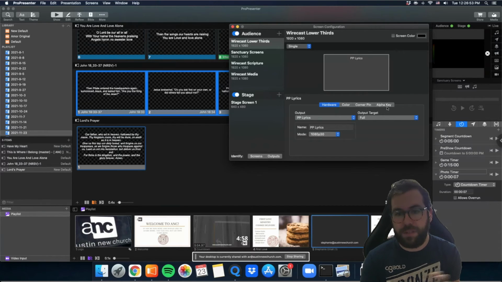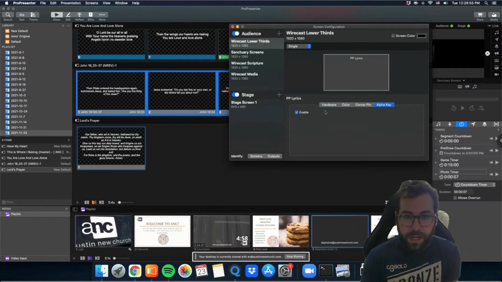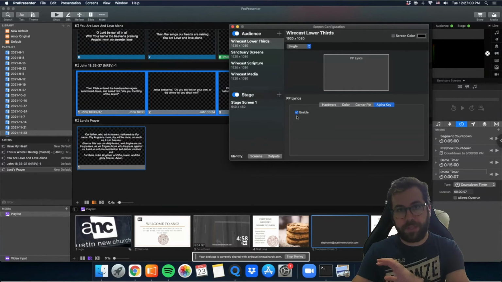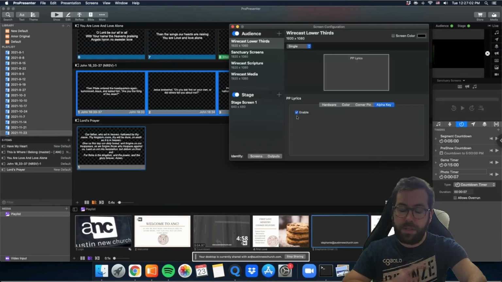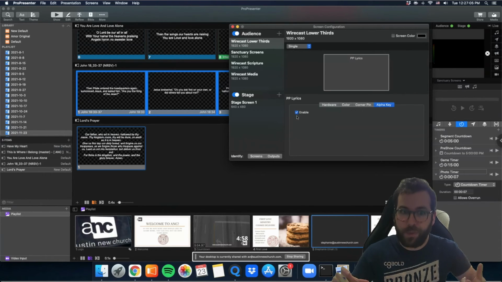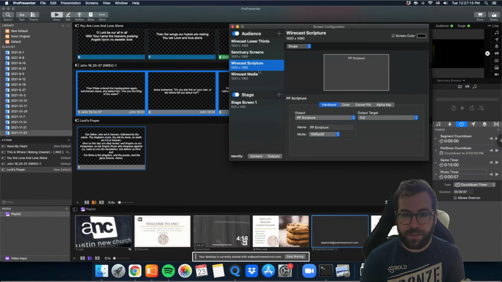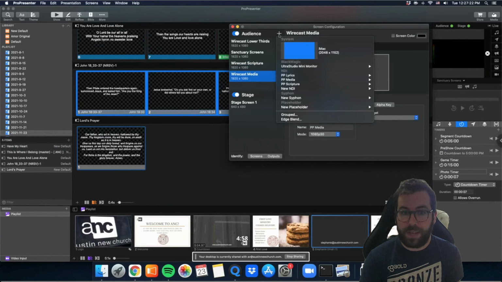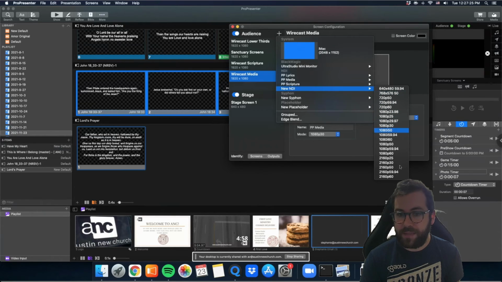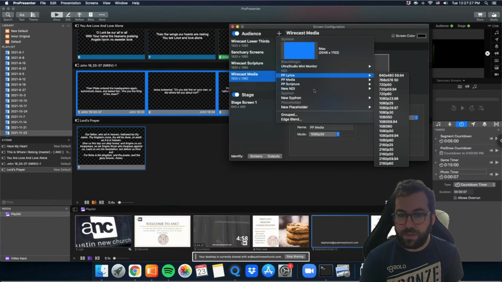And if you ever need to delete and remake these for some reason, the big deal is enabling that alpha key over here in this last section. That'll enable it to be transparent for part of it, so that we can put the lower thirds on, for instance. So we always want to keep that enabled for anything that's going to be half and half. I'll jump straight to the other ones that are going to Wirecast. Scripture and media are both set up exactly the same way. They're just an NDI output. If you need to add those again, new NDI, you can pick the size,